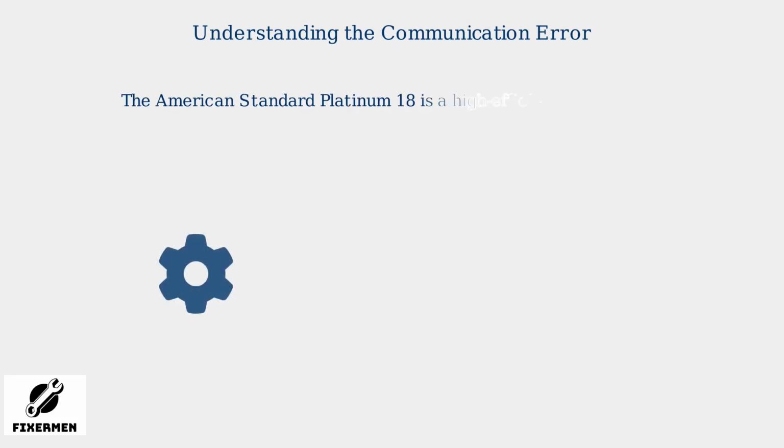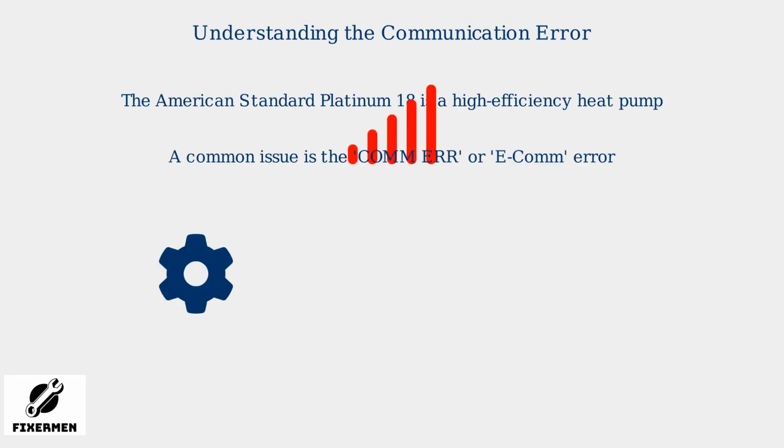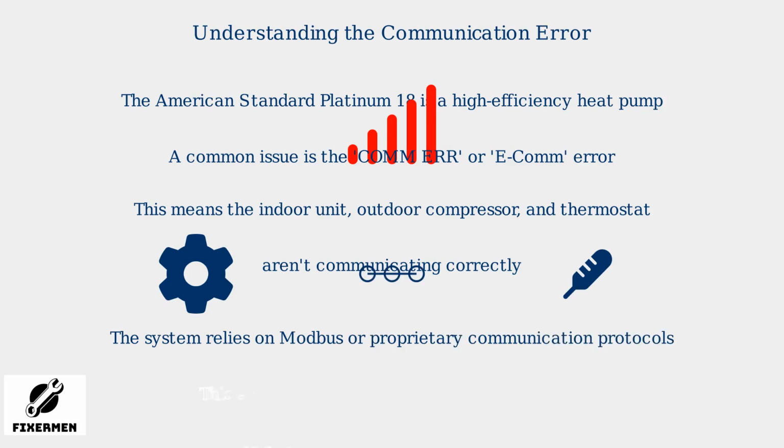The American Standard Platinum 18 is a high-efficiency heat pump, but a common issue is the COM ERR or ECOM error. This means the indoor unit, outdoor compressor, and thermostat aren't communicating correctly. This system relies on Modbus or proprietary communication protocols. This error can prevent the system from starting or cause erratic temperature control, reducing efficiency by 20 to 30% if